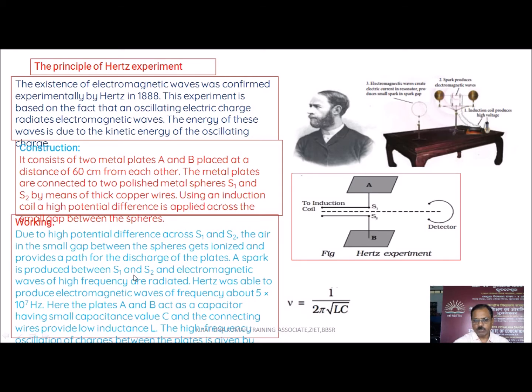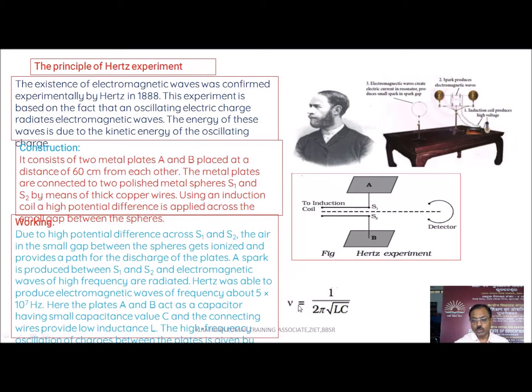A spark is produced between S1 and S2. As I told, electromagnetic waves of high frequency are radiated. Hertz was able to produce electromagnetic waves of frequency about 5 × 10^7 Hertz. Here the plates A and B act as a capacitor having a small capacitance value C, and the connecting wires provided low inductance L. So the high frequency oscillating charges between the plates are given by the equation